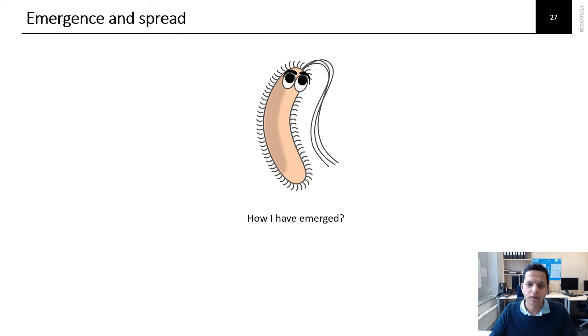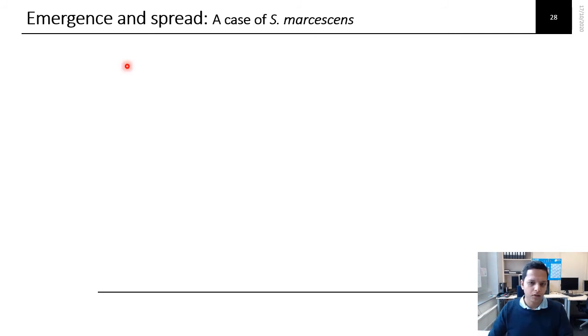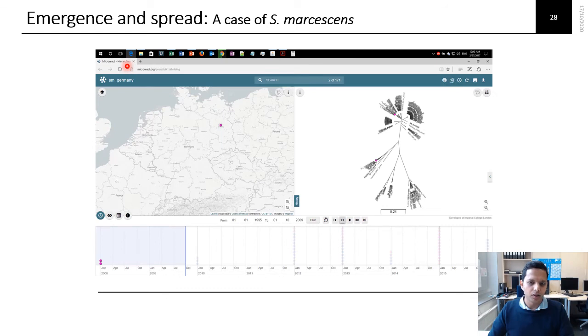Another important aspect from a public health point of view is to determine the emergence of a pathogen and to know since when the pathogen has existed. Is this a novel pathogen, or is this an old one that is showing recurrence? In this slide, I would like to summarize the genome-based data for Serratia marcescens, how they have emerged and spread, and how we understood this based on whole genome sequencing.